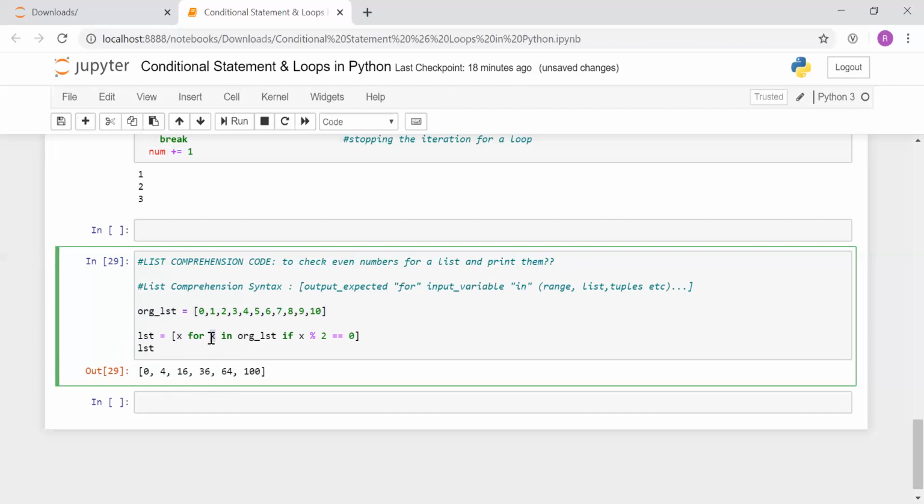This is our input variable, and its values will be taken from this original list. Firstly it will take 0, then 1, then 2, and before assigning it to x, it will also check that if this condition comes out to be true, then you assign it and send it as an output.